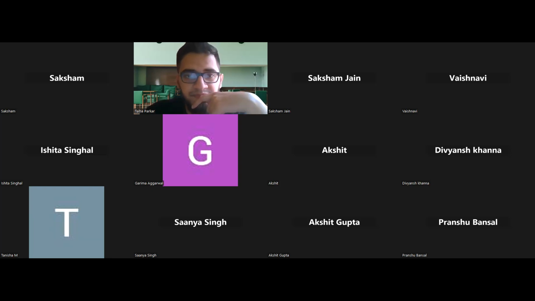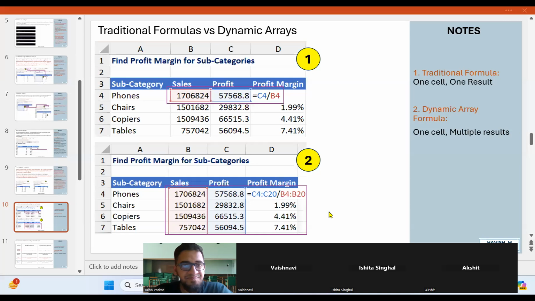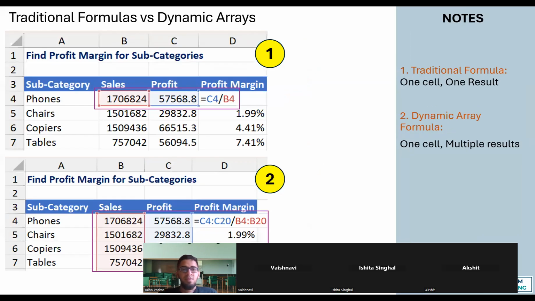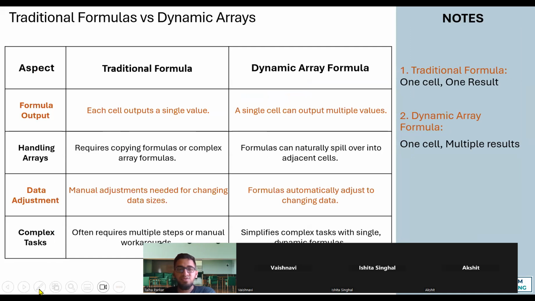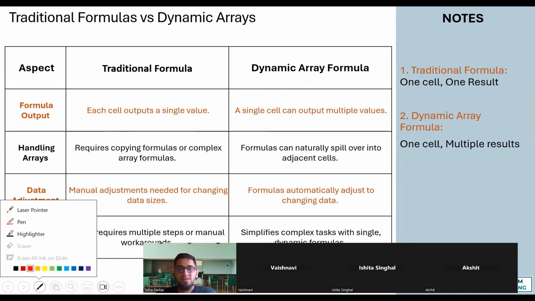Perfect. So you understand now how a traditional array formula is different from a dynamic array formula. Okay, F shift F5, let's go full screen. Now the difference essentially is that in a traditional array, each cell inputs a single value. In a dynamic array, a single cell